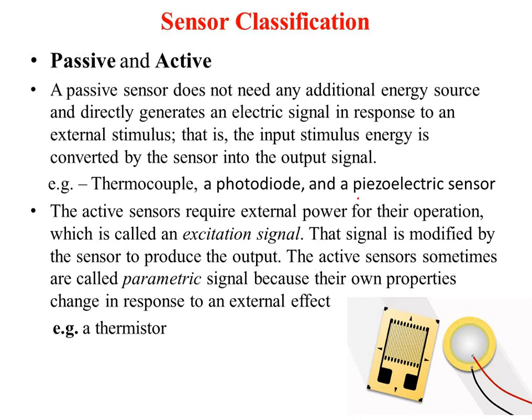So this is an example of a piezoelectric type of sensor. Here the red line will be the positive terminal, and this is the negative terminal, and this is a plate, and here it is piezoelectric material. So when you put pressure on that, it will automatically generate a voltage, and that voltage can be sent to the next circuitry depending on your application. So this is how piezoelectric works. We'll see its working principle as and when we go through the different applications.